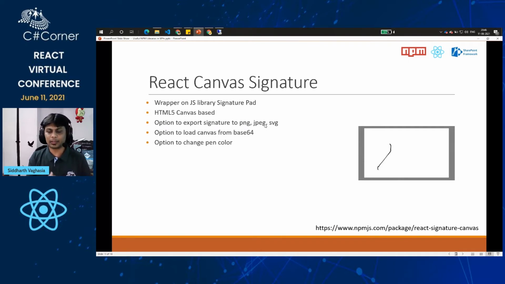But what if your use case is pretty simple? You want to create a travel request system, and as a part of the audit policy, once they raise a request, you want to get the signature. You can use this library and get the signature on the web. It would be an HTML-based canvas. It will sign, and you can store it somewhere, so that you know the signature has been added by the user when they filled up the form.